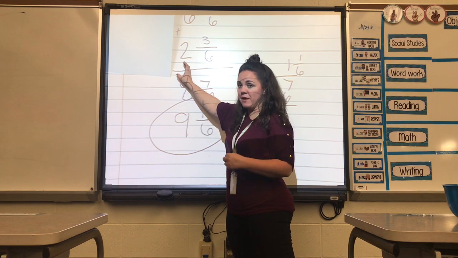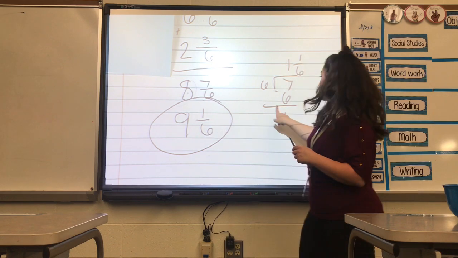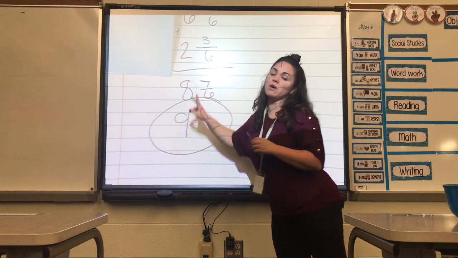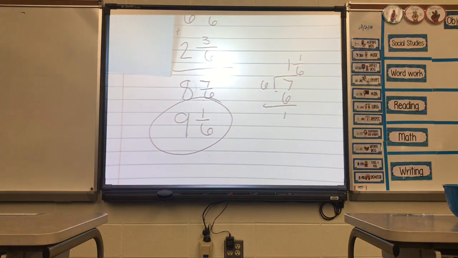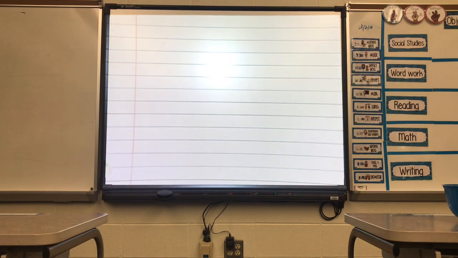So now when I open up my fridge, I actually have 9 full boxes of pizza, and I'll have 1 slice left over. So this is something that we will do later on in the year. However, I did want to show the students how to do that because we will be doing that later on in the year. And let's look at another adding fractions problem